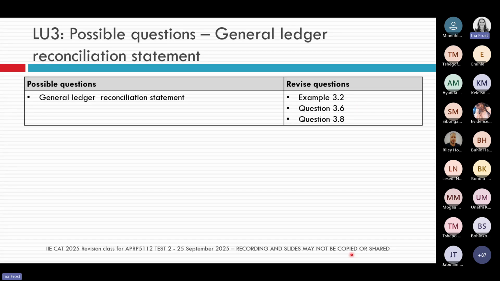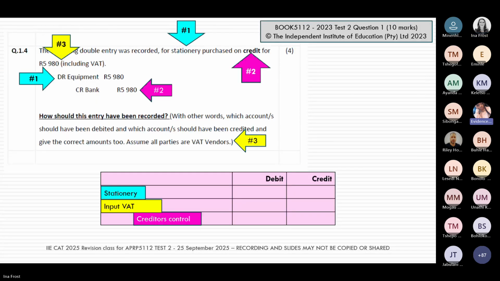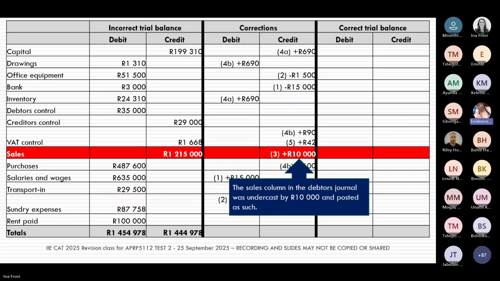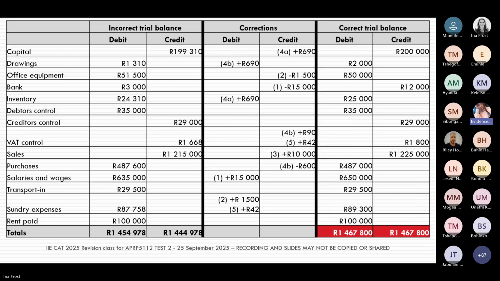Evidence, how is it going out there with our students? Anything we need to circle back to or anything that you want to add for us? We don't have anything to circle back on, but I would like to just remind them of bank. Students, please remember that bank can sometimes be an overdraft.